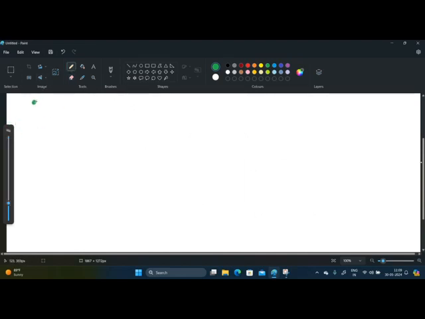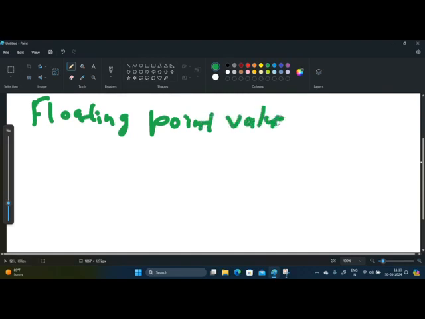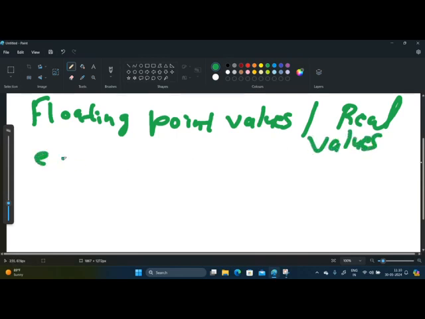The second primitive data type is the floating point value. Floating point values are also known as real values. Examples are values like 5.2 and 29.7. These all are floating point. Another one is